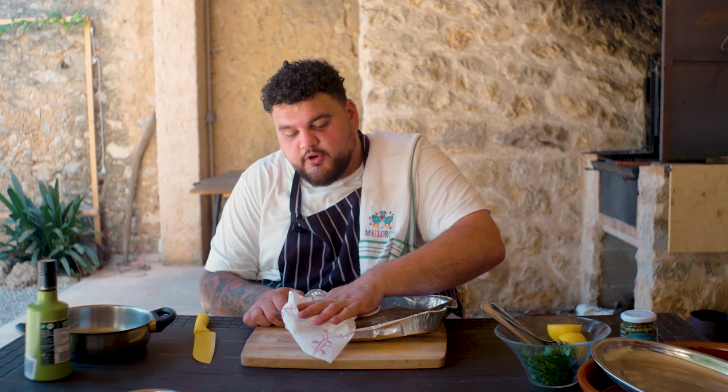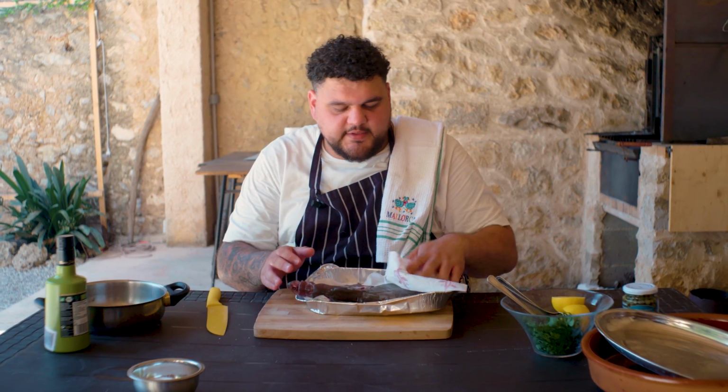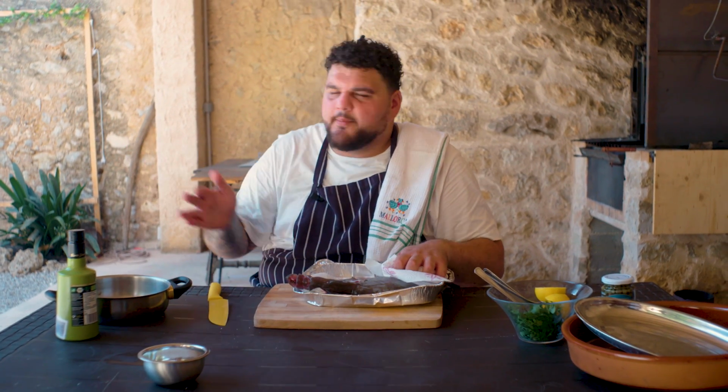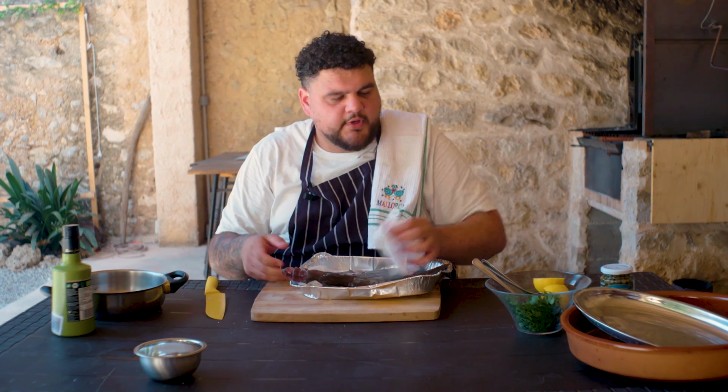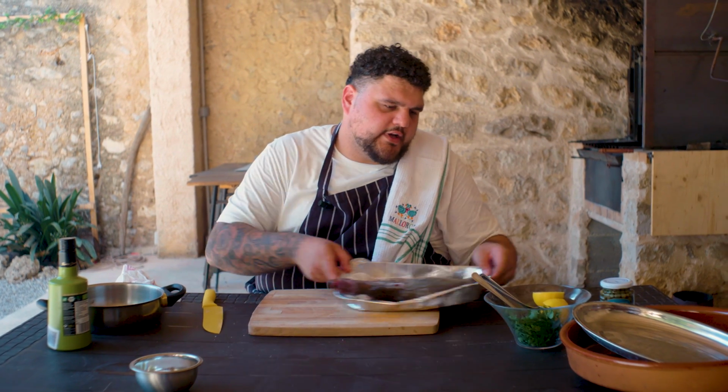I'm using a grill that I haven't really used before. We're cooking completely over wood out here because apparently we're surrounded by the best trees in Mallorca that produce the best firewood, so that's what we're going with. I'm gonna set this to one side, and I'm just gonna start doing things for the sauce, right? So here,